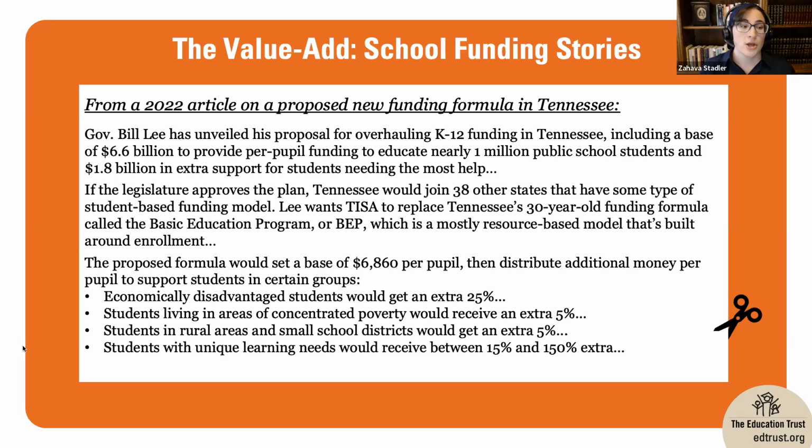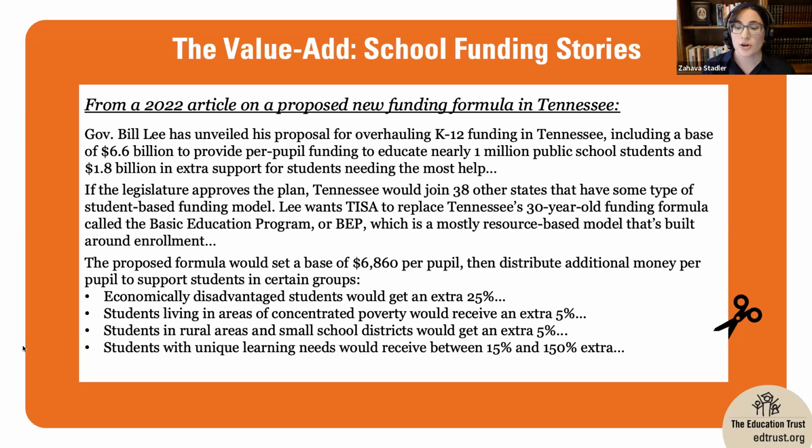the Kansas one. Note that the article does open with some top line budget numbers, but the report is also conscious of the structure that those dollars would flow through. It splits apart the proposed total of per pupil funding versus the proposed total of extra support for students needing the most help. So that already is a bit of structural awareness, even in those top line budget numbers. The article also references the number of states nationally with the kind of formula that Tennessee is proposing to adopt. That's key national context that you can get from FundEd, and some additional valuable information that you might pull in